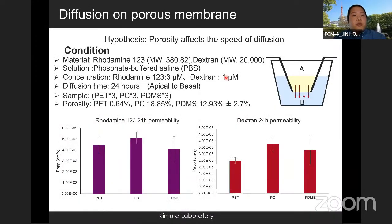Next, we made a hypothesis that the porosity affects the speed of diffusion. So we chose rhodamine 123 and dextrans to test the rate of diffusion through the different porous membranes, such as the PET membrane with 0.64% low porosity, the polycarbonate membrane with 18.5% porosity, and our PDMS membrane,